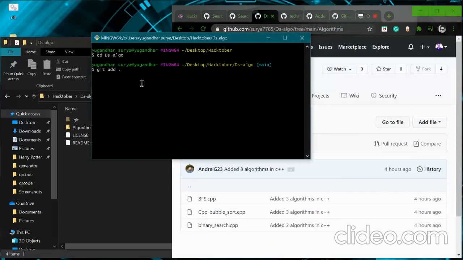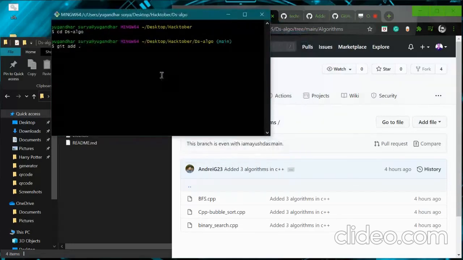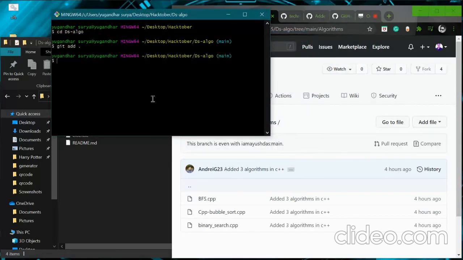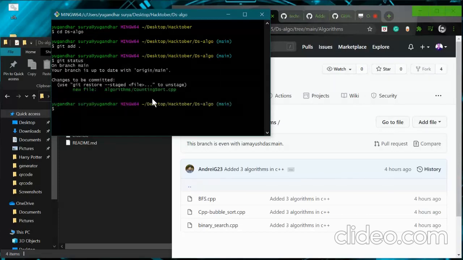This dot represents all, so I am going to add all the files which I make changes to. This will add, and if you want to see what files you have made changes to, you can see algorithms. A new file is added here, which is algorithms. Inside the algorithms, counting sort.cpp is added.